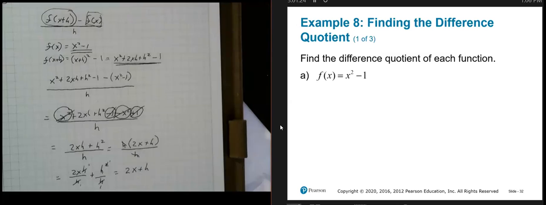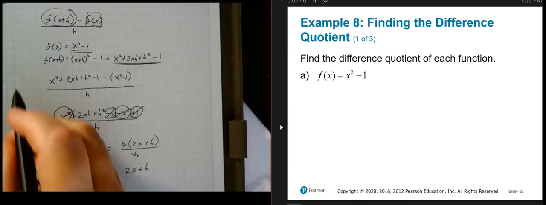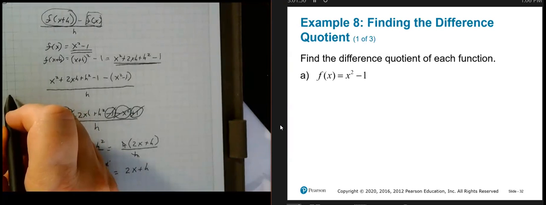Yeah. And the best way to learn this is to do it. Find simple equations and find the difference quotient of it. And if you have any questions about it, either email me or contact me. I'm going to start doing office hours, and on